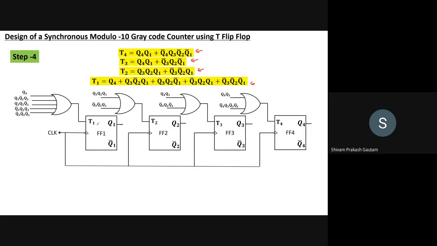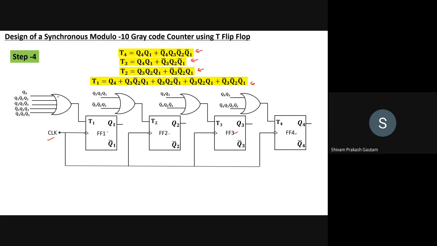We are having 4 flip-flops, 1, 2, 3 and 4. All of them are tied together and given a negative edge clock. You can see we are having T1 input, T2 input, T3 input, T4 input. Since this is a complicated expression, if you try to draw using this Q1, Q2, Q3, you can also do that, but that will be difficult.